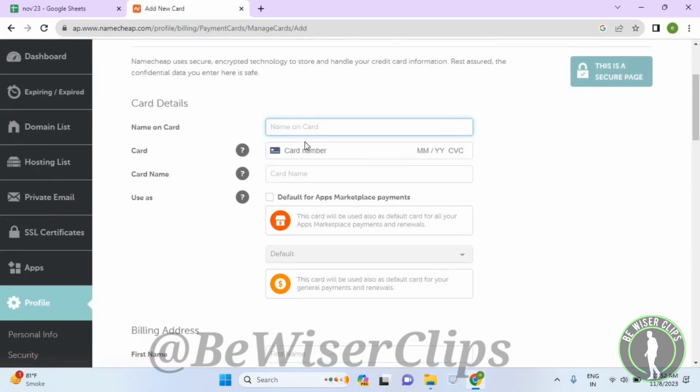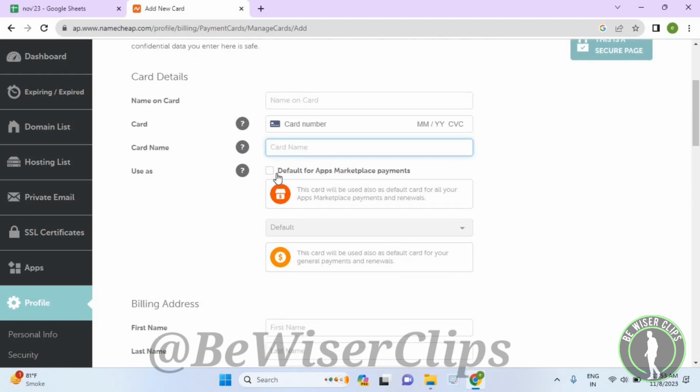Now scroll down and right here you need to enter the name which also has to be on your card, and then you have to enter here your card number, here the expiration month, here the expiration year, and here the CVV. And right here you need to again enter the card name, and after that you need to